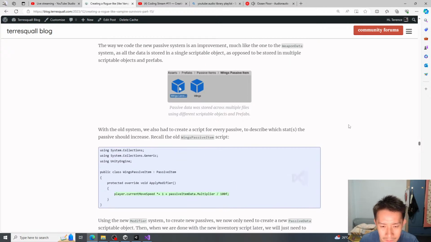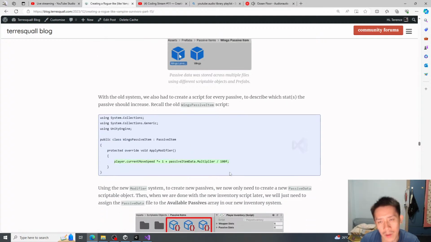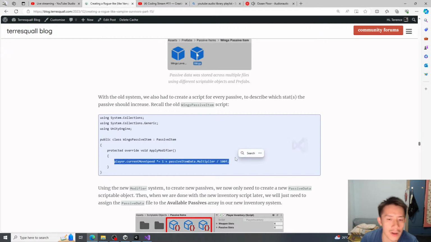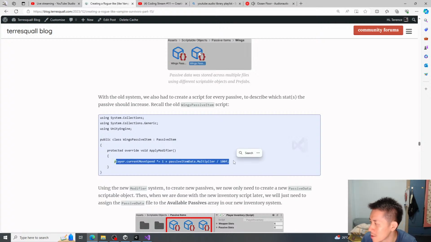And then also the other benefit of the new passive system is that for the old passive system, we also had to create a new script for every passive that we have, because we didn't have an implementation where we use the stats object. So every passive had to manually specify which stat it affected, and then it just changed the stat directly. Because it changes the stat directly, there was also the drawback that if you want to remove the wings item from the player's inventory, you cannot undo the effect,